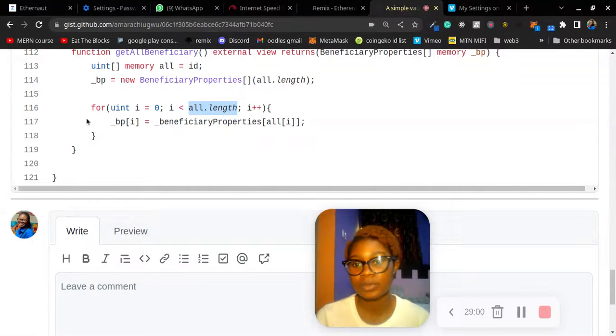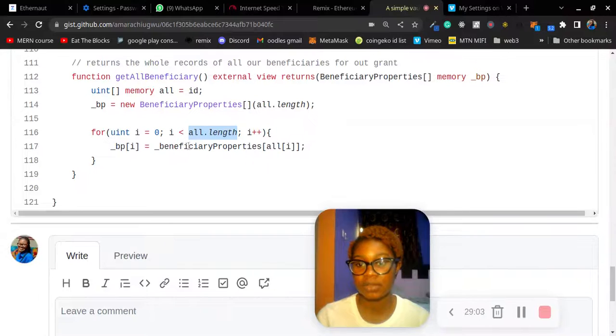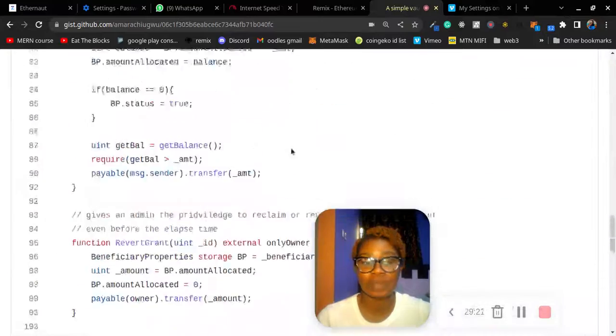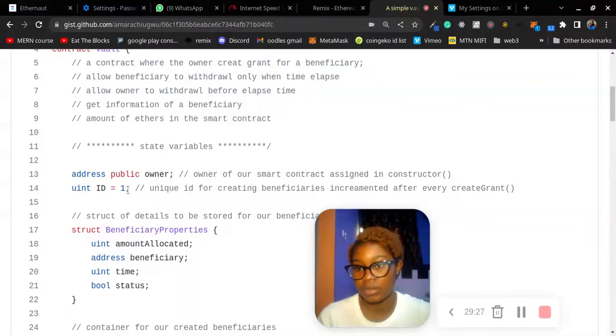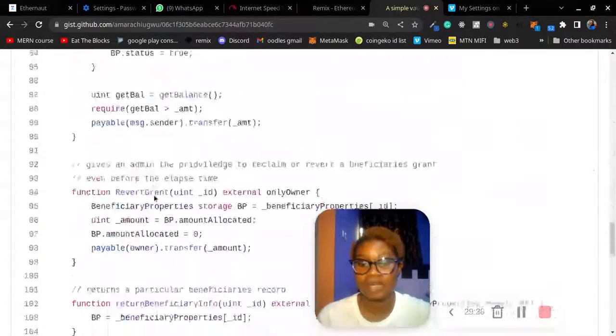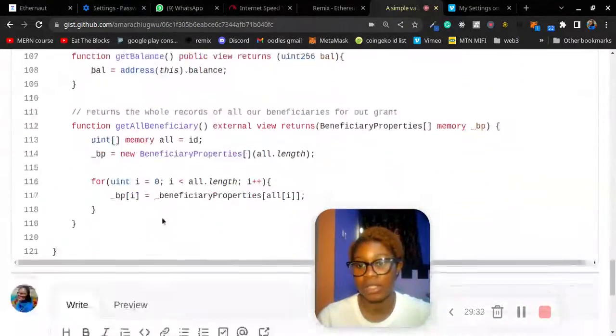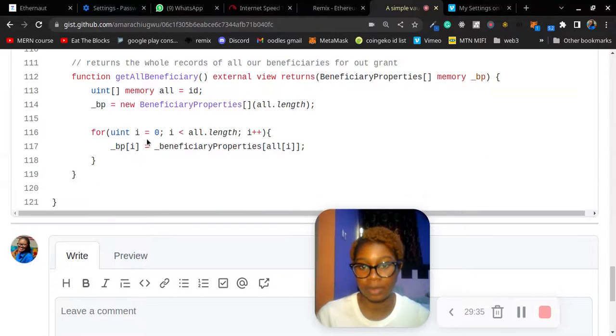Then here we're saying beneficiaryProperty, which is our mapping that holds all our beneficiary details, and we are setting a key. How are we getting this key? We have our all, which is an array of our IDs. So all at position i. Remember that we instantiated our ID to be 1. We set it to be 1. So the first element in this all array is 1, 2, 3, 4, and thereabout. And since our i here is 0,